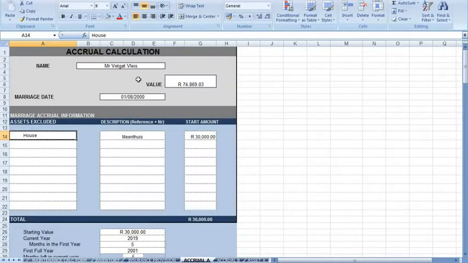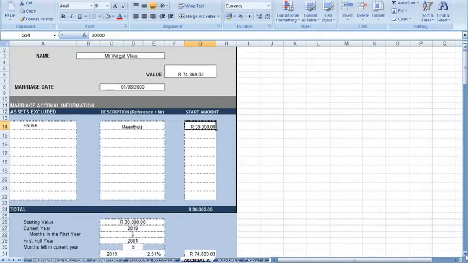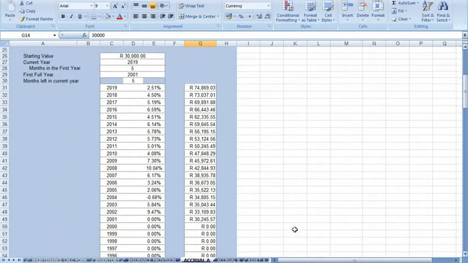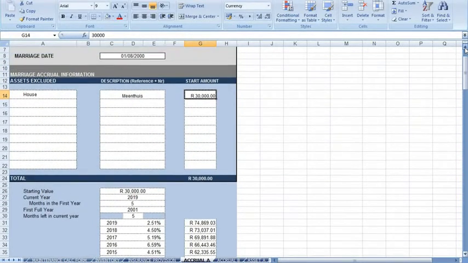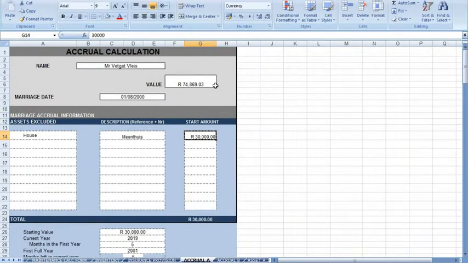When it comes to the financial planning, this is the accrual tab that you can use. Here you will see that it populates the client already. Here you will see that the marriage accrual information was, at the date of marriage, 30,000 Rand was a meenthuis. And here at the bottom you will see that it works out all the relevant CPIs of each year, and it will work out to what amount the accrual has accumulated at the current time,